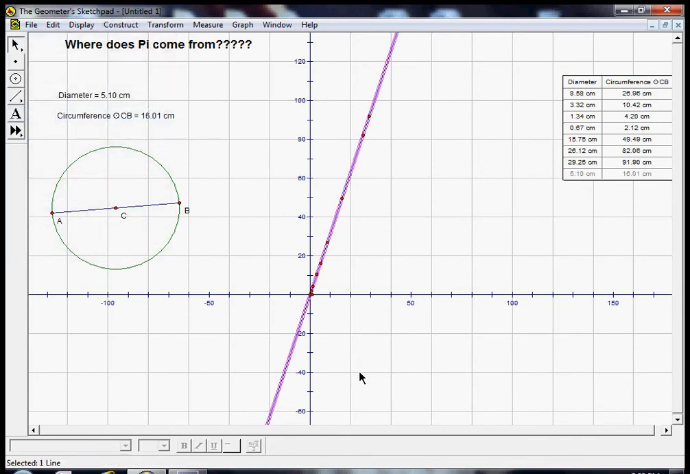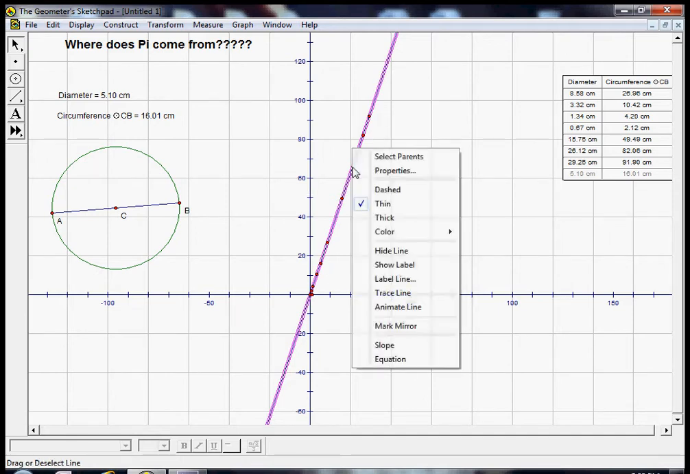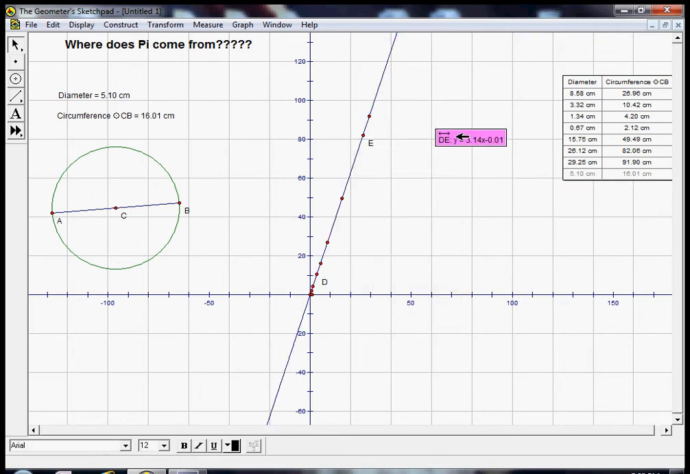And there's a line, and you can see that line touches almost all of those data values. If I right click on the line, the program will give me an equation of that line, and there it is. The line through D and E is y equals 3.14x minus 0.01. So you'll remember from Algebra 1 that the 0.01 is the y-intercept,